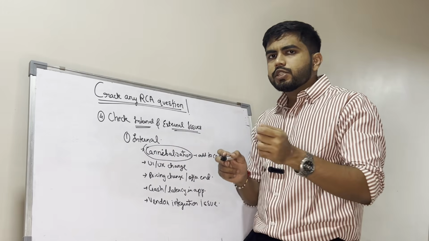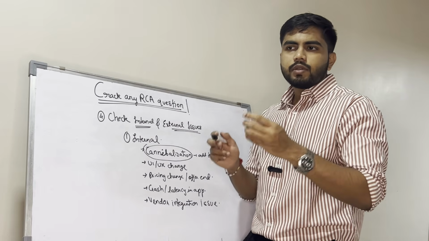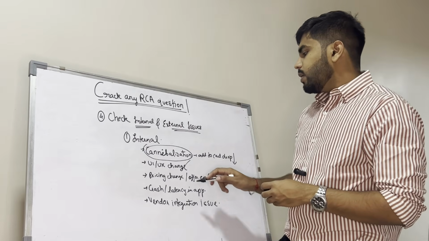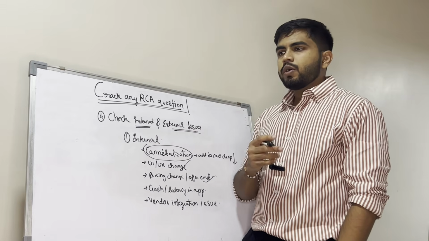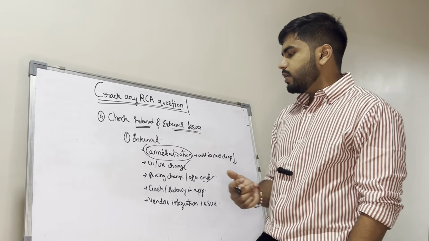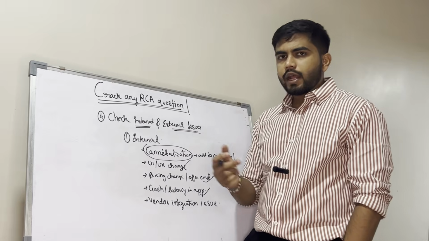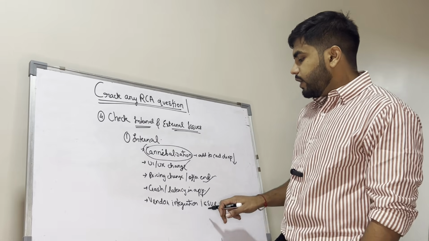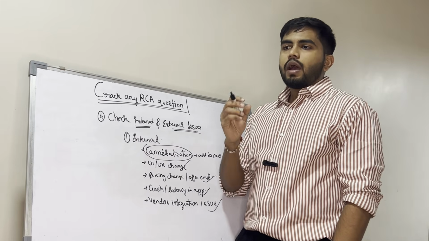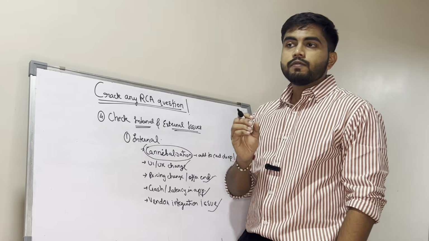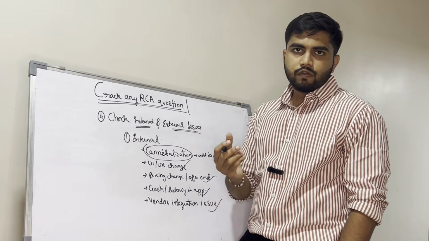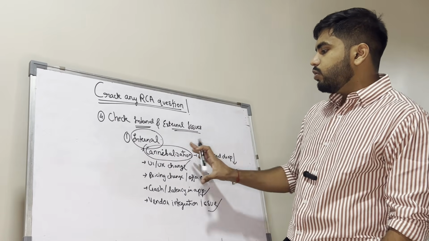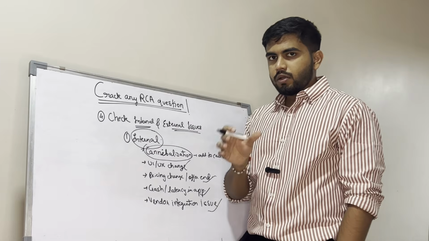Whether there's some UI UX change because of which you have made a journey longer, or something has come in the app or journey because of which friction has increased, right? Pricing change or some offer has ended. So you were running some offers and they have ended. That could also be a reason for a drop. Whether there is some bug, crash, or some API is taking a lot of time to load. That could also be a reason. Vendor integration issue, okay. If you are an app and you have some vendor integrated, and some vendor is down, that could also be another reason for downtime, right? So yes, these are some of the internal issues. As per the problem statement, you need to think which of these could be part of the problem.